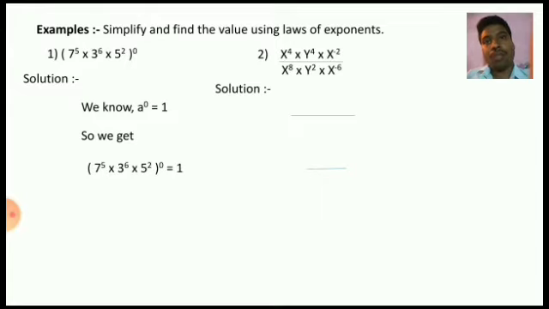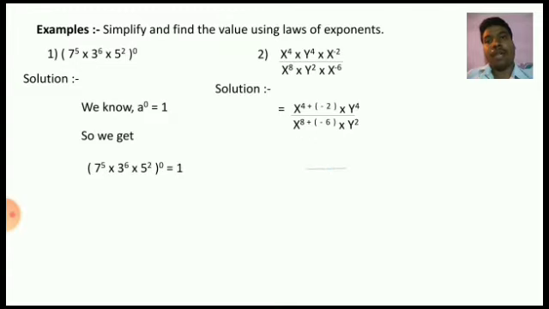So we apply the first law of exponent, multiplying powers with the same base. So we get x raised to 4 plus in bracket minus 2 bracket complete into y raised to 4, divided by x raised to 8 plus in bracket minus 6 bracket complete into y raised to 2. Now we solve this step. x raised to 4 plus minus 2 means 4 minus 2, so we get x raised to 2. And x raised to 8 plus minus 6 means 8 minus 6, so x raised to 2 remains.